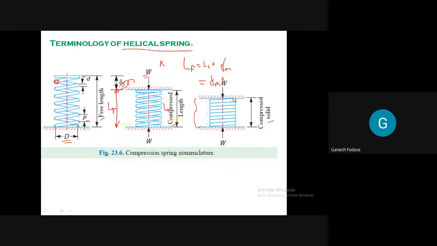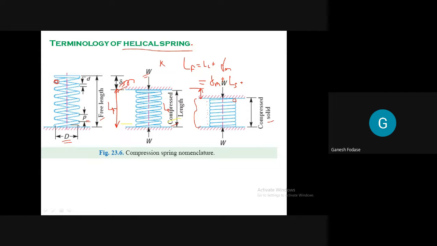So I'm writing the relation between LC and LS. This difference I want. How much is this one? Yes, please, anyone tell me. So LC is equal to LS plus what? Solid length plus what? How much is this gap? Observe and tell me. Can anyone tell me the gap? You can observe the difference between these two.